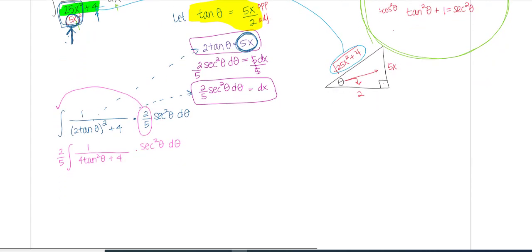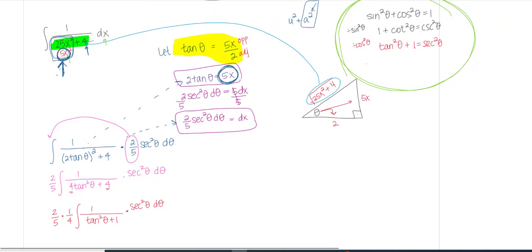Okay, I'm going to factor out 1/4, and when I do that, I'm actually going to bring it all the way out front because, again, it is a constant coefficient, but I'm going to factor out that 4 from the denominator, so 1/4 overall. So that will now be just tangent squared theta plus 1. I'm going to copy down the rest of my antiderivative.